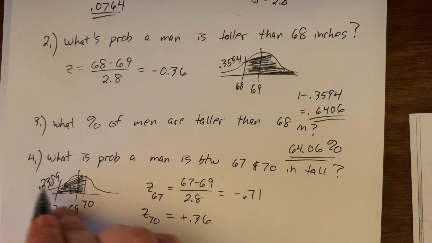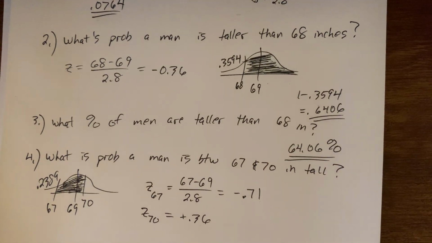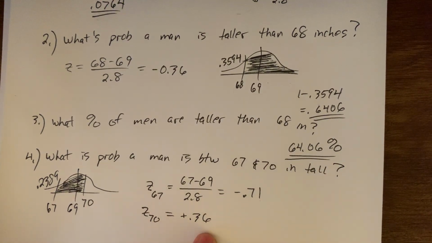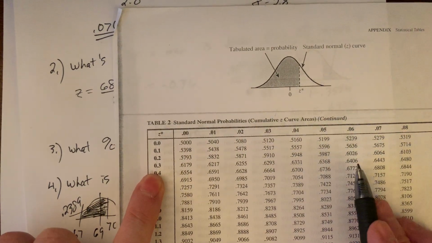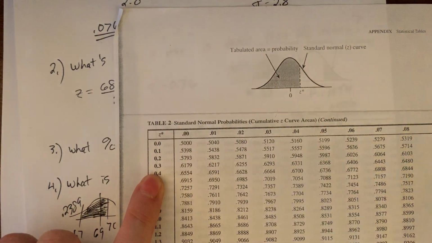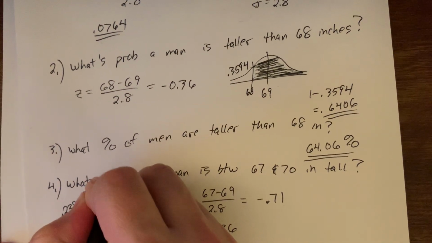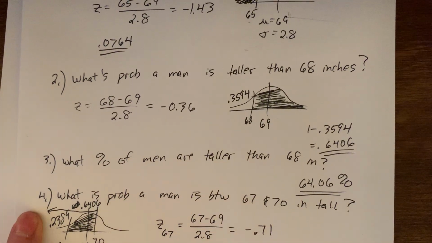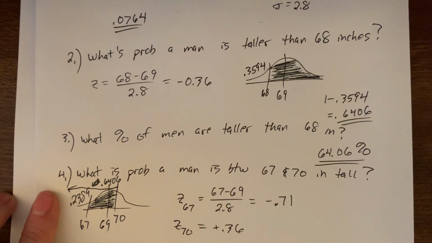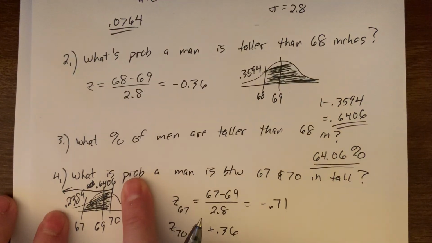Then you'll have to think about how to use these areas to get this area. Several possibilities. I'll do it this time. I'll treat it as the positive. So positive 0.36 gives me the 0.6406, but the 0.64 goes here forever to the left. Notice what I was saying before. I'm not writing the areas over here. They don't help me over here. I'm trying to put them over here so I see what I have to try and figure out what I